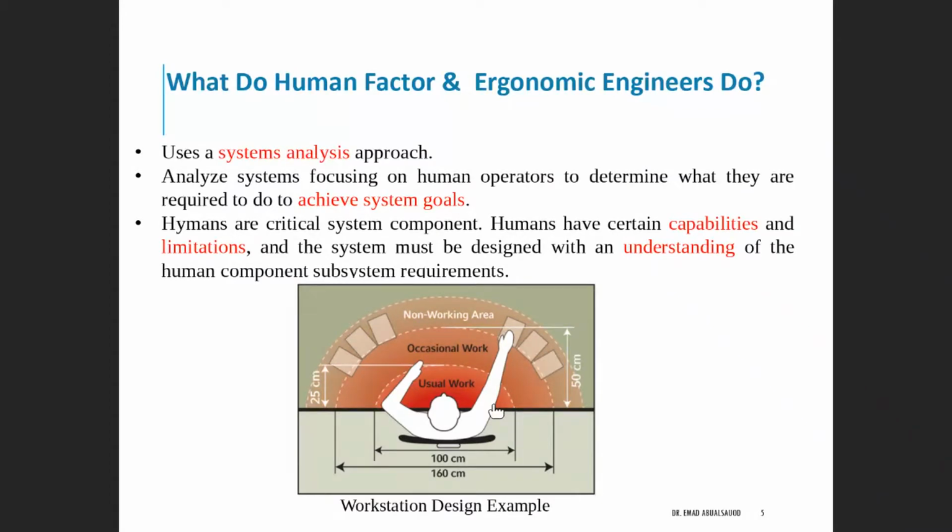So the human factor, they study them. The ergonomics, they come with designs or applications or methods on how this interaction can become more effective for both the systems and for the human who is interacting with this